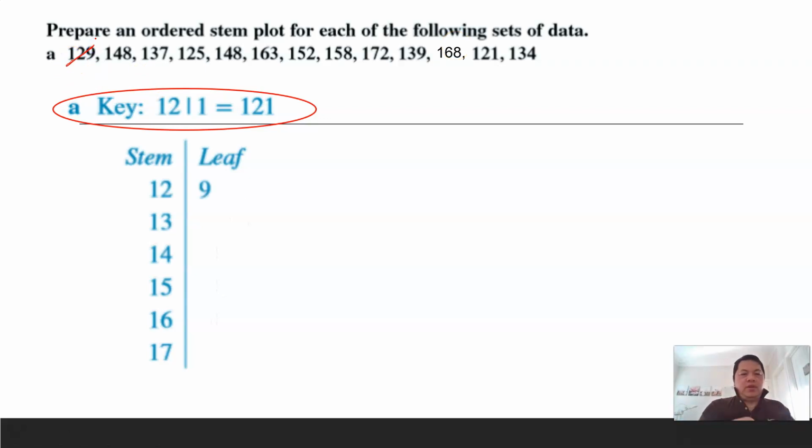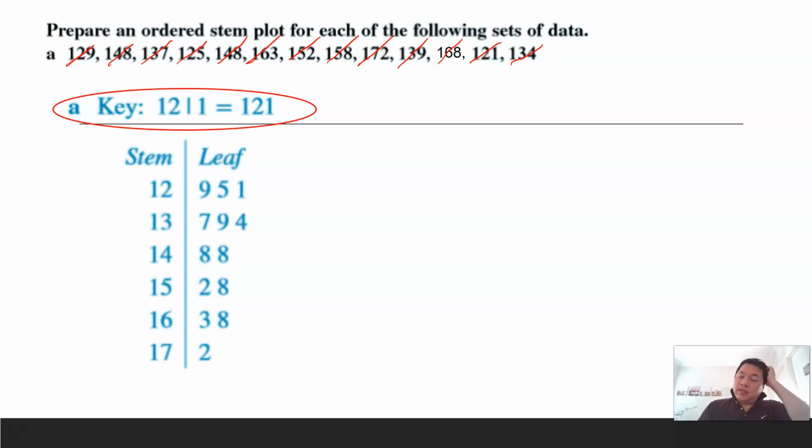Okay, so I put a 9, 148, 137, 125, 148, 163, 152, 158, 172, 139, 168, 121, 134. So you have put down all this stem and leaf, but the thing is, if we need to find